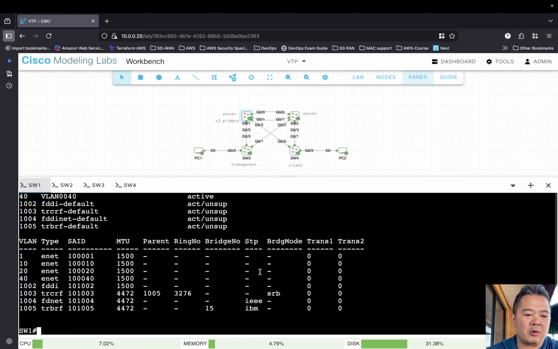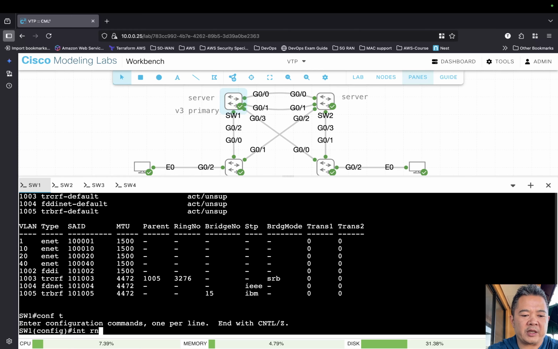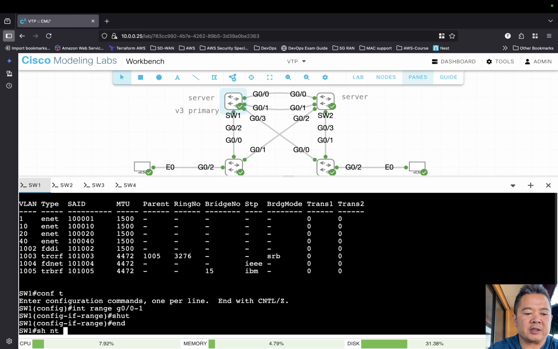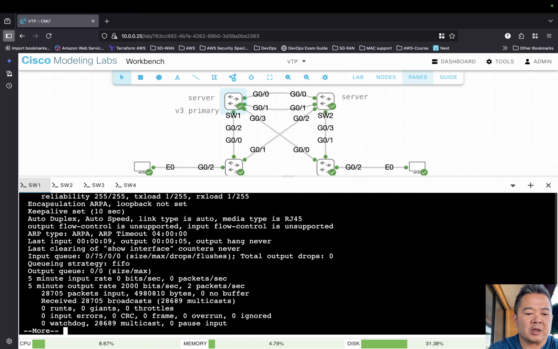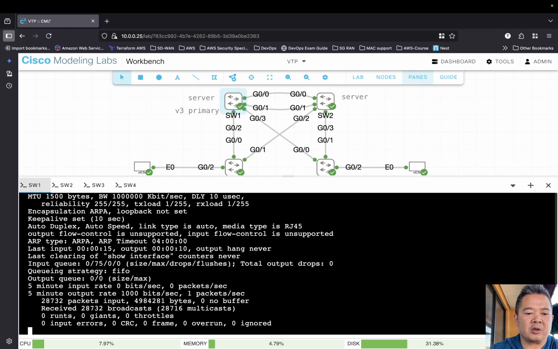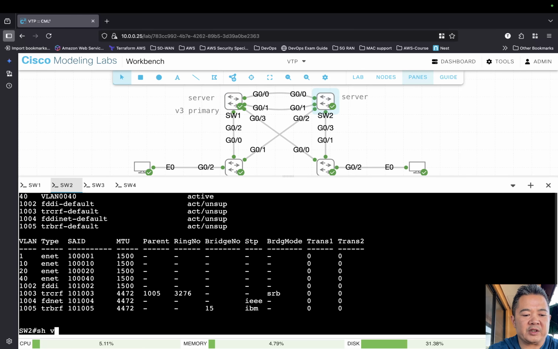So for example, let me just shut down the link here between switch 1 and switch 2. Configure terminal, interface range G0/0 through 1. Enter, shutdown, show int G0/0 is down, and then show int G0/1, and that's down also. So then if I go to switch 2, show VTP, show IP int brief,